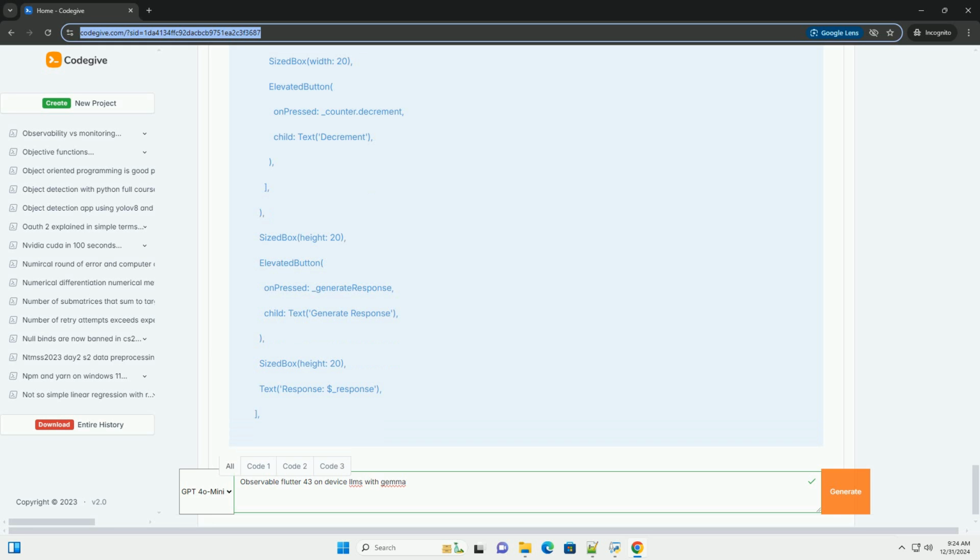@override Widget build(BuildContext context) { return Scaffold( appBar: AppBar( title: Text('Observable Flutter Demo')), body: Center( child: Column( mainAxisAlignment: MainAxisAlignment.center, children: <Widget>[ Text('Counter value: ${_counter.value}'), Row( mainAxisAlignment: MainAxisAlignment.center, children: <Widget>[ ElevatedButton( onPressed: _counter.increment, child: Text('Increment')), SizedBox(width: 20), ElevatedButton( onPressed: _counter.decrement, child: Text('Decrement')), SizedBox(height: 20),